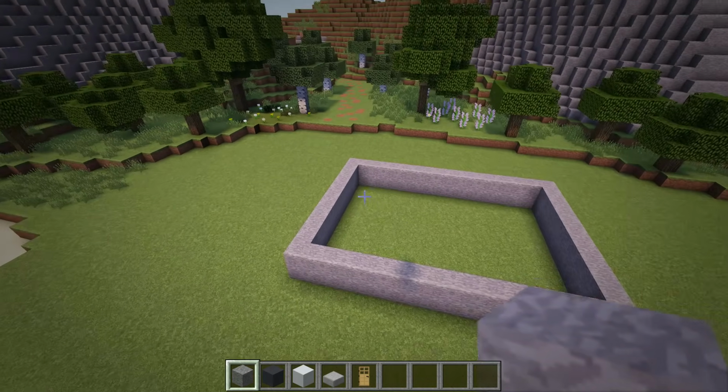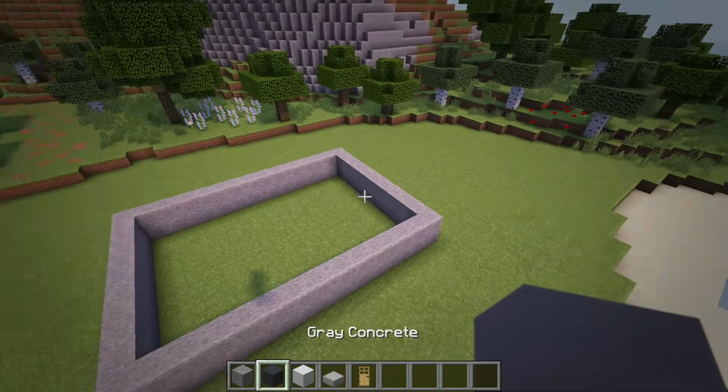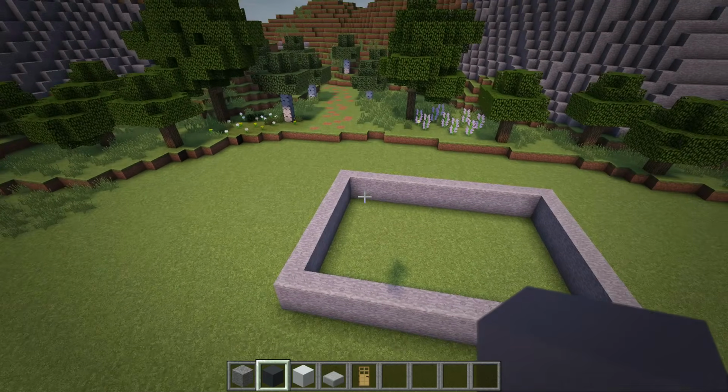Then once you have the stone foundation in place, let's next line the inside of it with a ring of gray concrete that is 4 blocks tall.